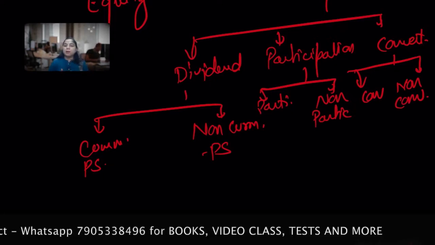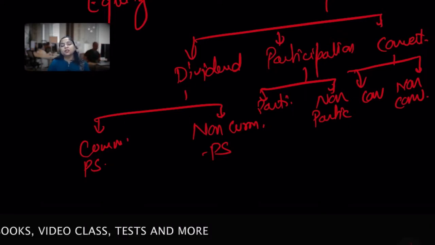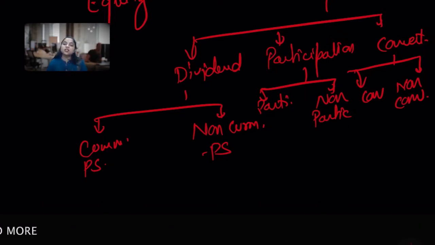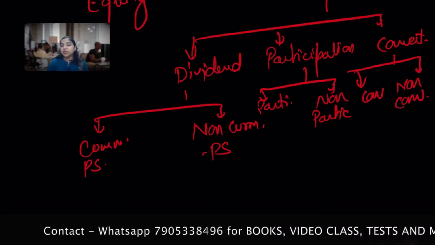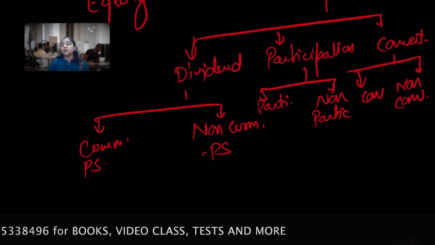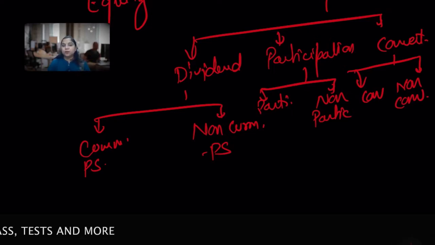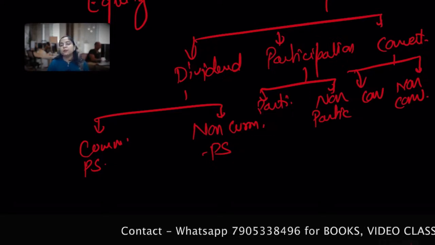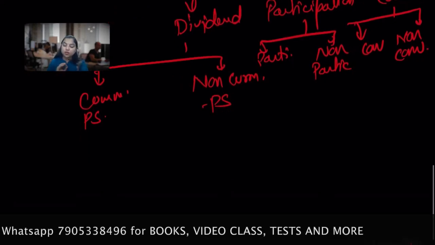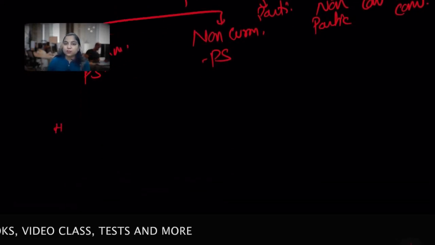However, the company may buy back from them as per the requirements and terms and conditions of Companies Act 2013. We will also learn about the buyback. I hope you recall that it's in your syllabus. That means equity shares are not redeemable, but a company can do the buyback procedures of the equity shares as per the requirements of Companies Act 2013. So I have drawn a brief difference between equity shares and preference shares.